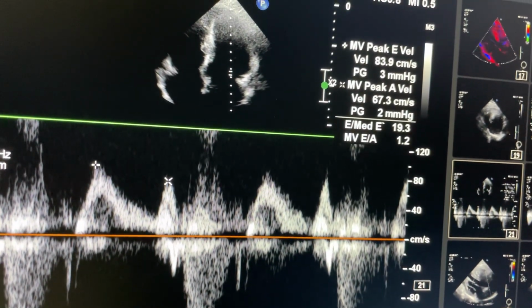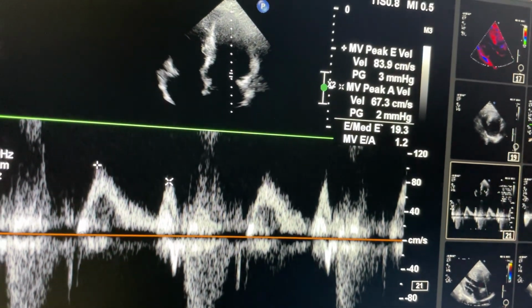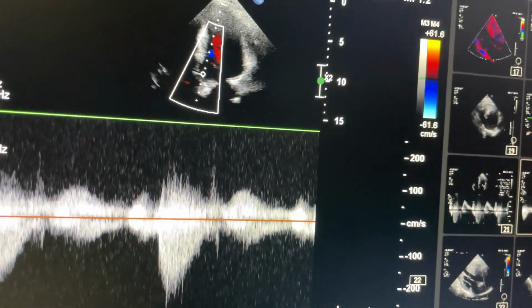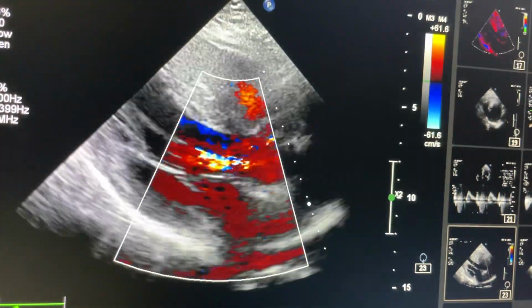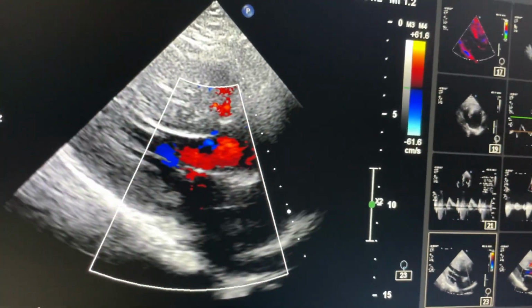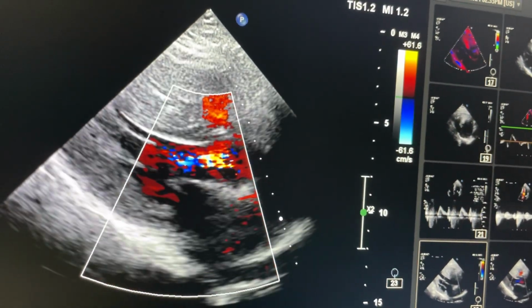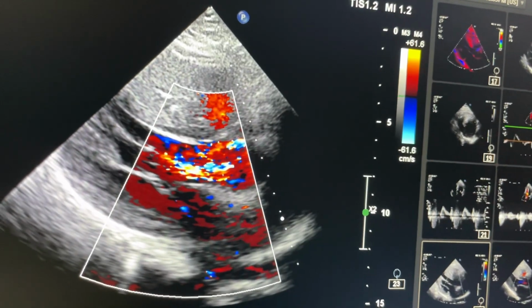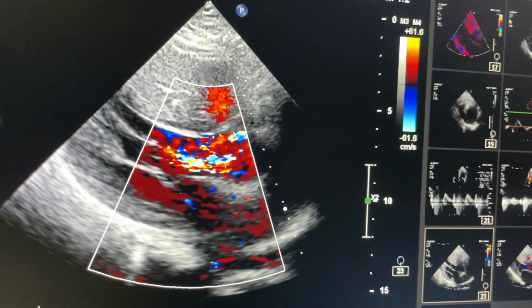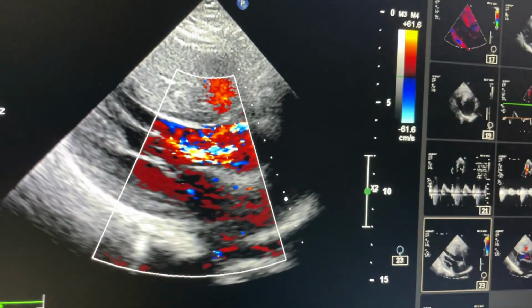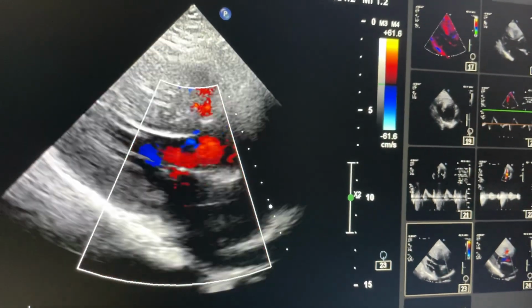This is velocity across mitral valve. This is velocity across aortic valve. You can see flow turbulence within LVOT region, that is subaortic region. You see the turbulent yellowish, yellow bluish color is called turbulent portion. But gradient wise not fulfilling the criteria of